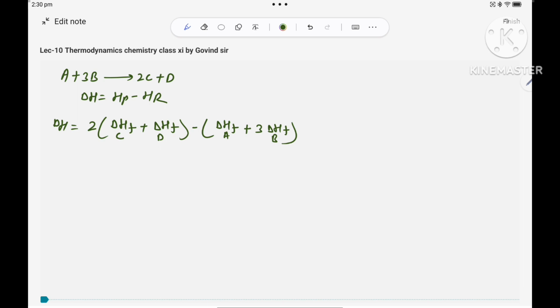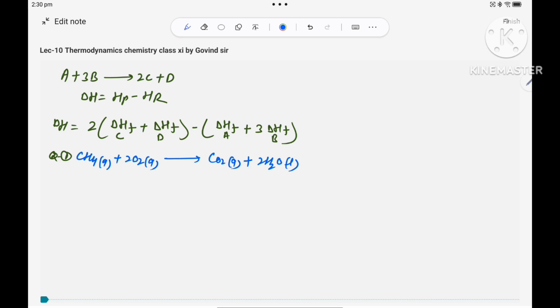Like that we will calculate. So we will solve some problem. Question number 1. What is the question given? CH4 gas plus 2O2 gas. From here it is forming CO2 gas plus 2H2O liquid,